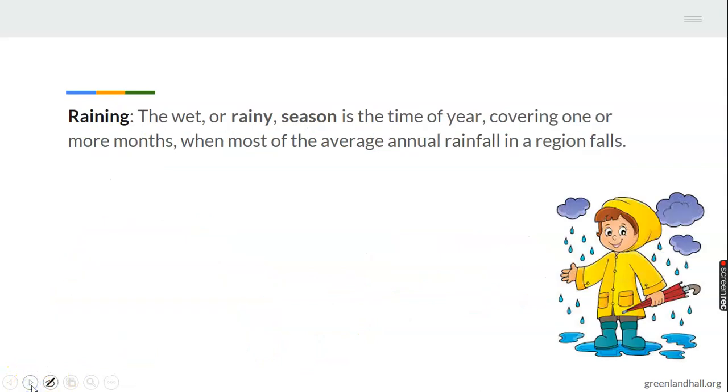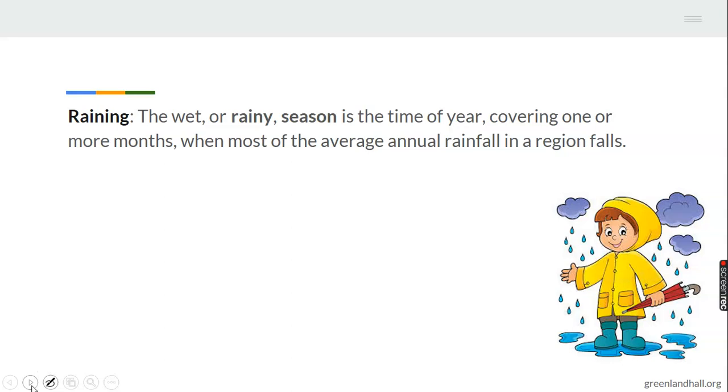Now we have rainy. Let me ask, do you like rain? Oh man, some people don't like rain. Why? I wouldn't know, but some of us don't really like rain. So I personally, I don't think I like rain. So the rainy season or the rainy weather is said to be wet, and this can mostly be seen in the rainy season. It's a time of the year whereby we have lots of rain.